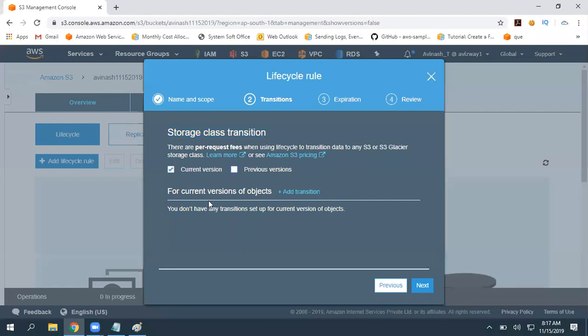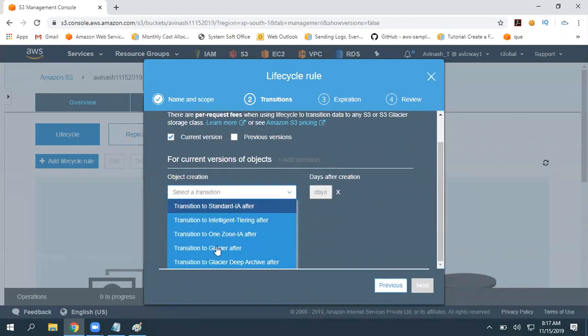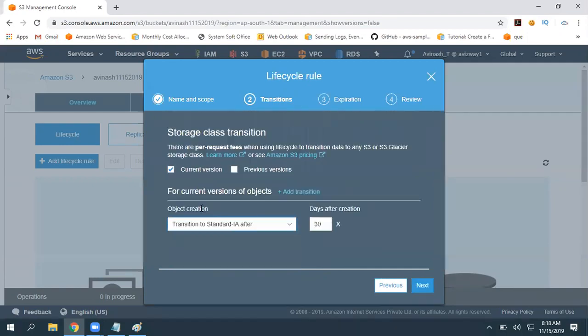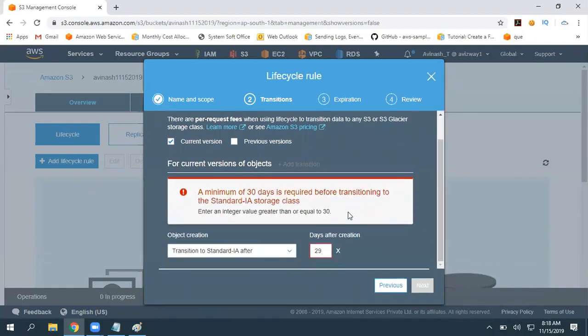So here is the option for current versions, add transition. Now, from S3 Standard, see S3 Standard is not available, because that is the default storage class. From S3 Standard, to what storage class do you want to move? I want to move it to Standard Infrequent Access after 30 days. That is the minimum duration. If you give 29, it will not accept that.